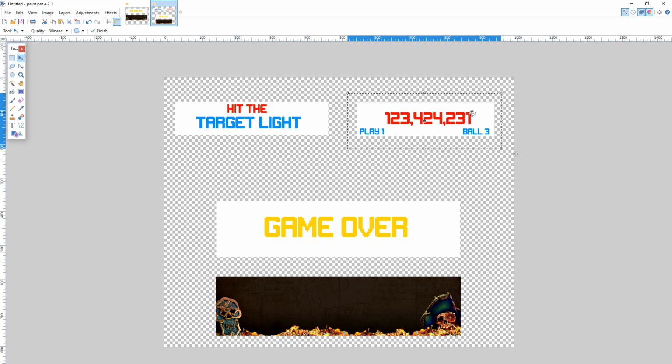So if we're showing page 1 here, and we can, like, say, pop up, hit the target light, right? So this is page 2. We say, hey, go to page 2 and set the labels. Label 1, which is hit the, and label 2, which is target light. Okay? And all of a sudden, the PUP will pop over and show page 2. It'll hit the target light,